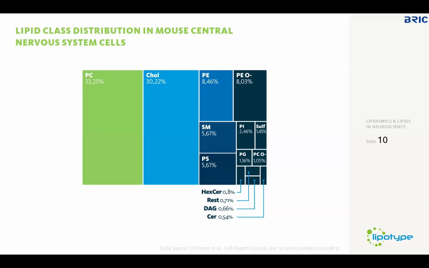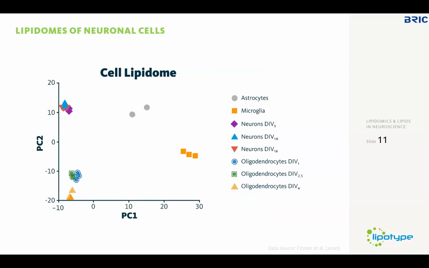And then when comparing the different cell types, we of course saw some particular differences in the lipidomic profiles, in both lipid classes and lipid species. Here you can see the PCA plot, a principal component analysis that was used to visualize variation and highlight robust patterns in the data sets in a 2-dimensional manner, basically a score plot. And here we see that the different cell types cluster together: oligodendrocytes cluster together, microglia cluster together, and neurons cluster together.